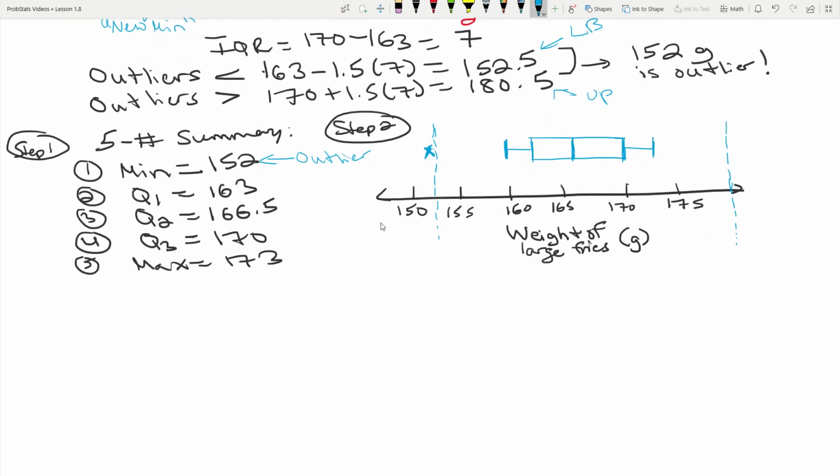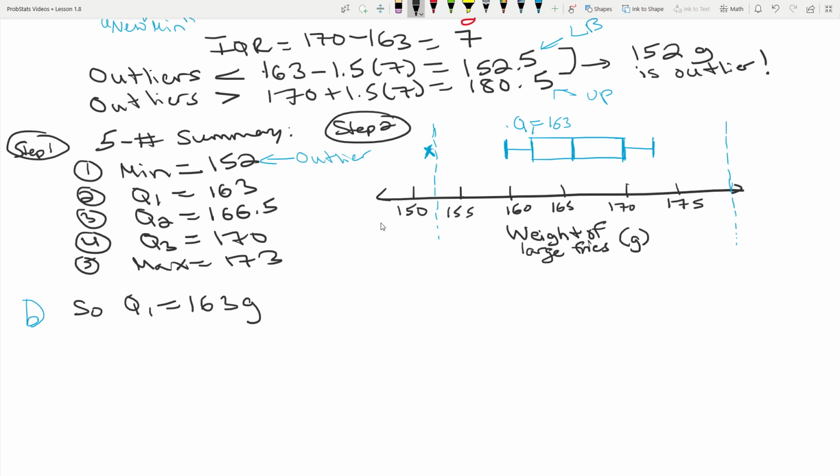So if you look at the first quartile over here, this is about 163 grams. Okay, so the first quartile is 163 grams,